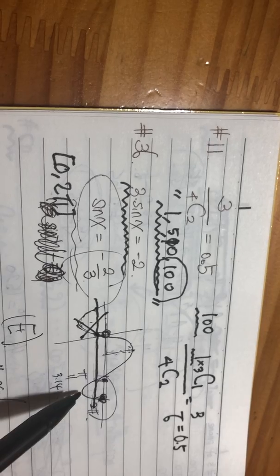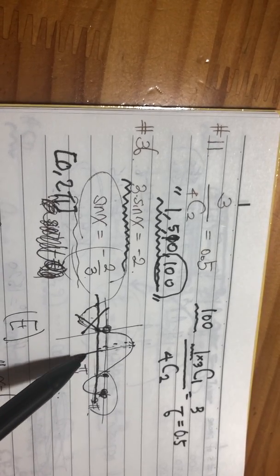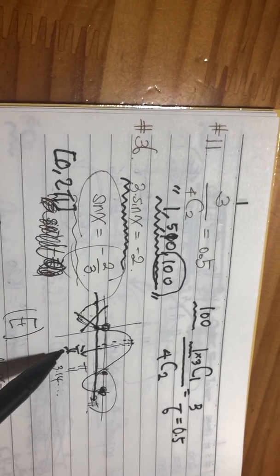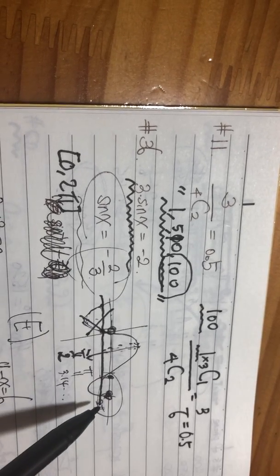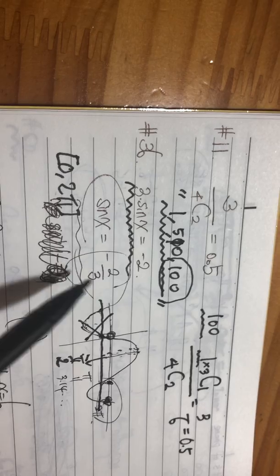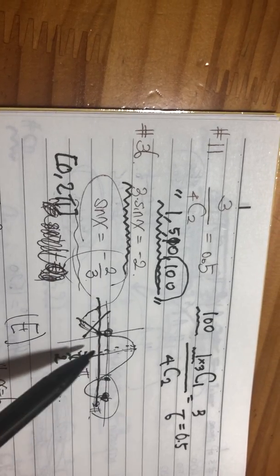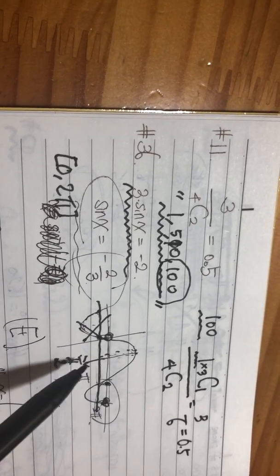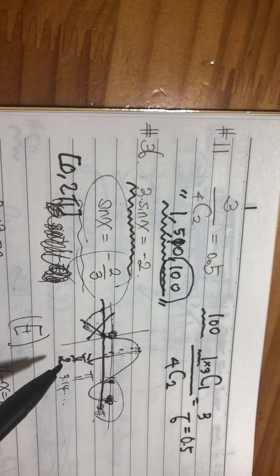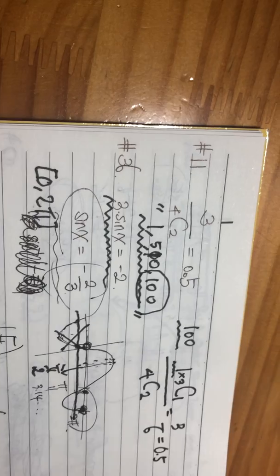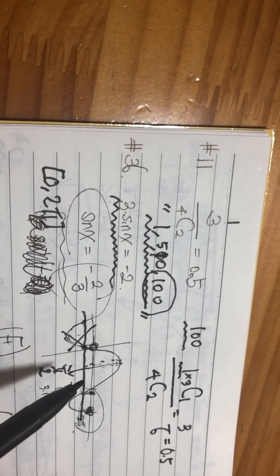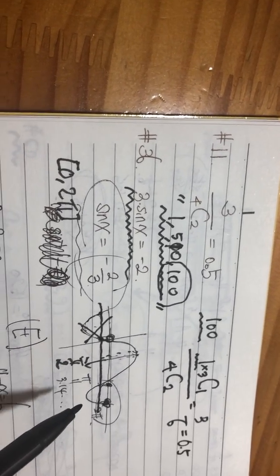And anything over pi over 2 is not counted as the range of arc sine, because